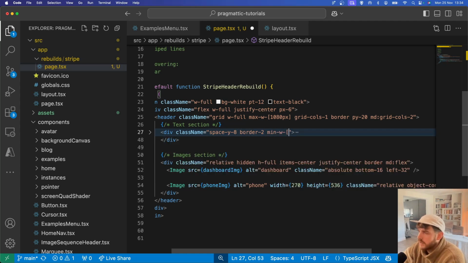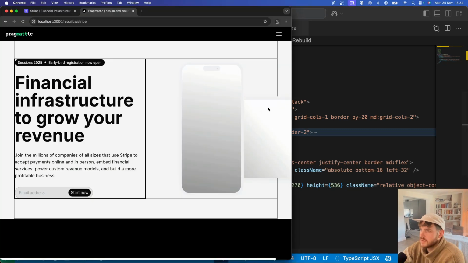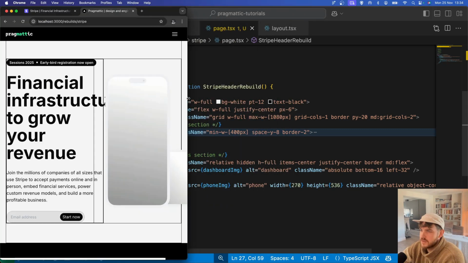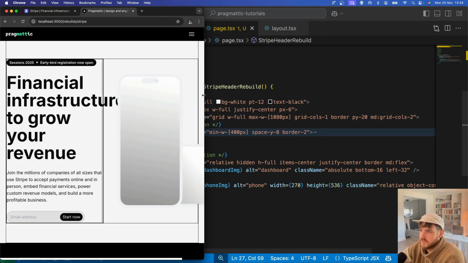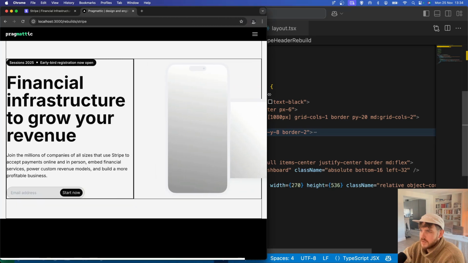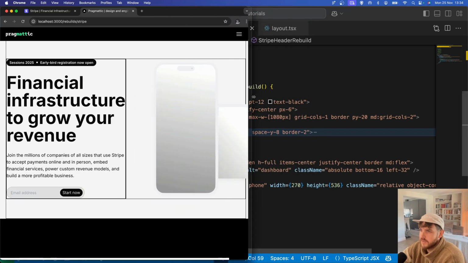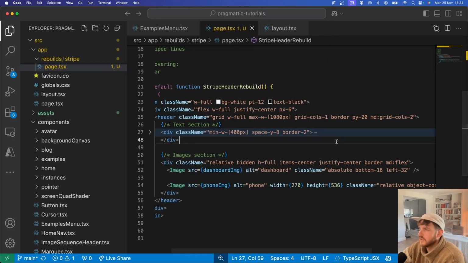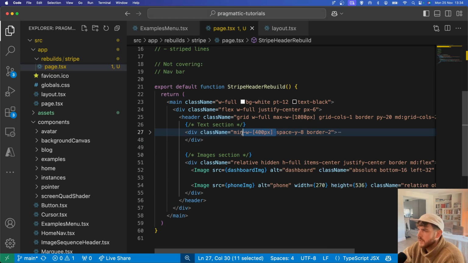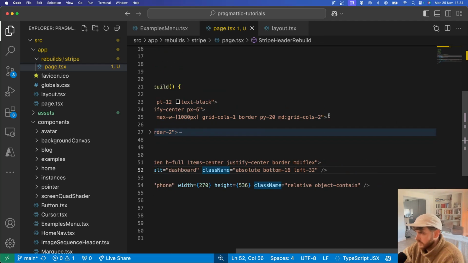Let's just test it out. Yeah, the image isn't actually pushing over though, so perhaps we need to define that on the columns themselves. So instead of putting min width here, on the columns,